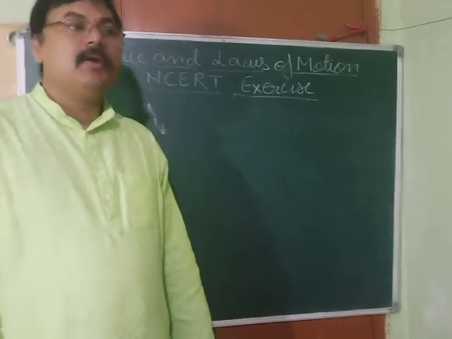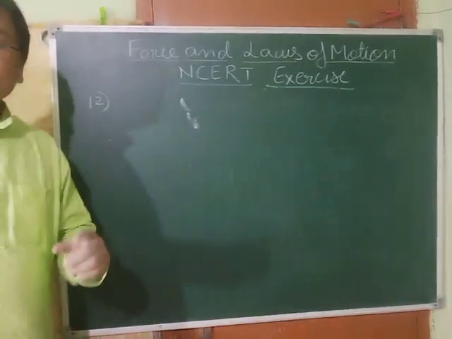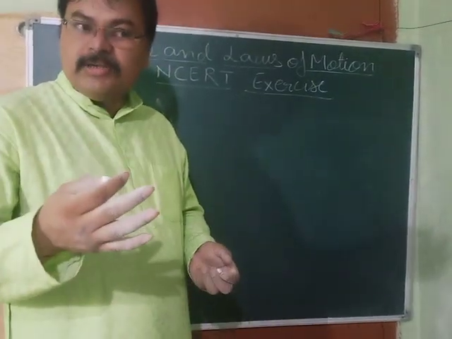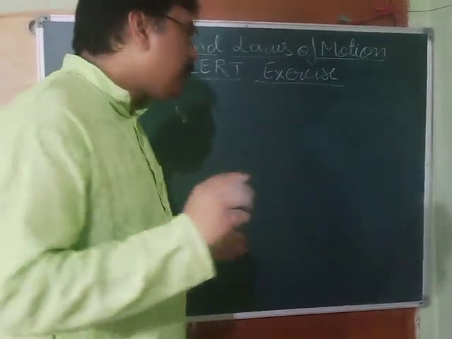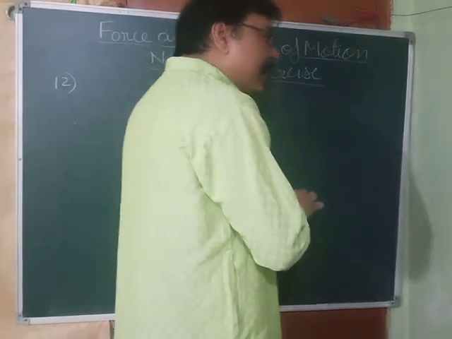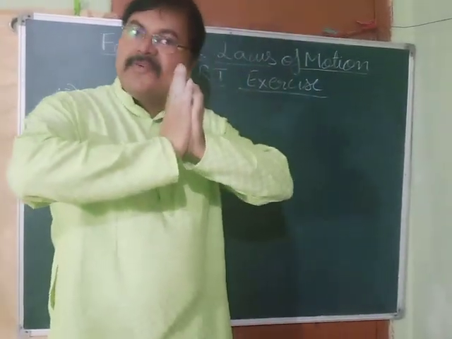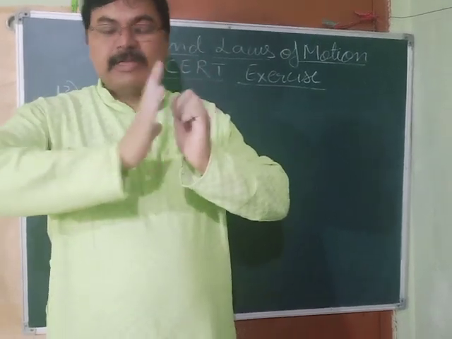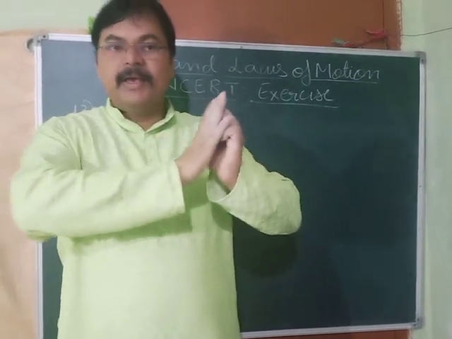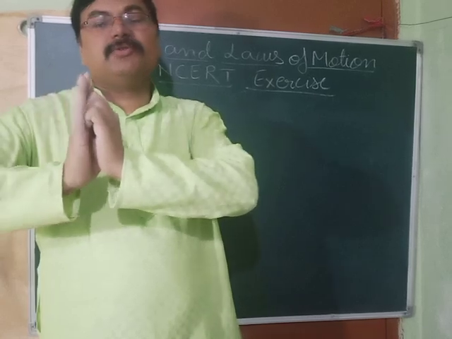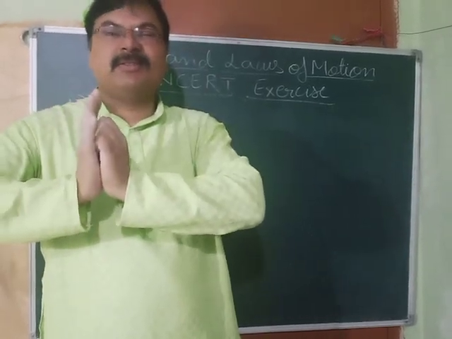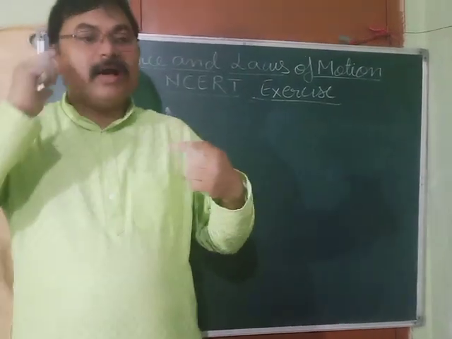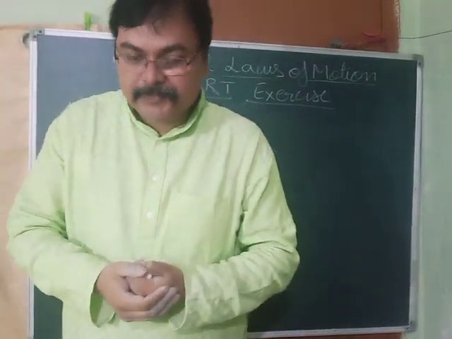Now it is question number 12. See what is there in question number 12. For every action, according to Newton's third law, what do we know? We know that for every action there is an equal and opposite reaction. If you are applying an action of suppose 5 Newton on this, then this will also apply 5 Newton force on this. So both will apply equal forces on each other. Action-reaction pairs are equal and opposite.